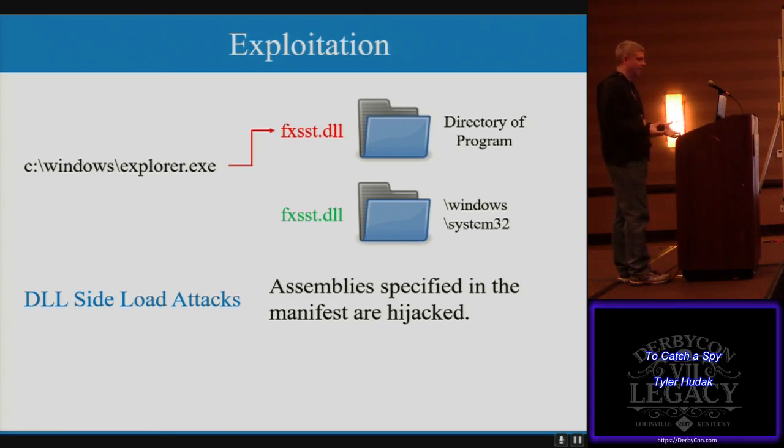And I can't find a difference. The only thing that I can figure out is with DLL sideloading attacks, the assemblies, the programs that are loaded with .NET programs are specified in what's called a manifest. And the load order for the manifest follows something very similar to our DLL load order. In fact, it's probably the exact same